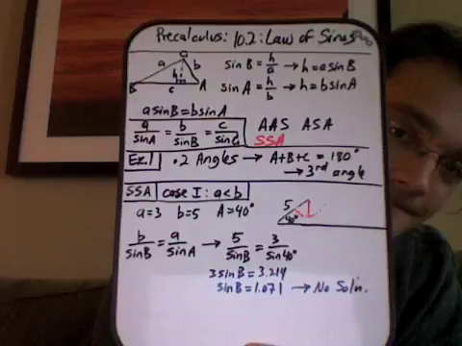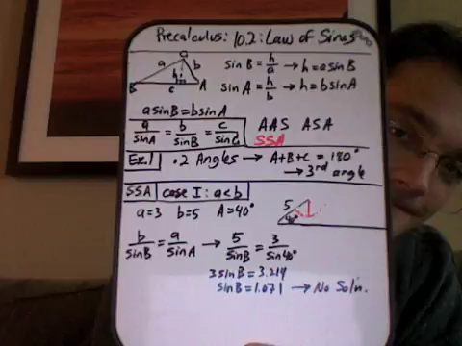Now, how is that going to look algebraically? Okay, so if we try using the law of sines, b over sine B equals a over sine A. That's 5 over sine B equals 3 over sine 40. Be careful that you're in degree mode here. Cross multiplying and dividing by 3, we find that the sine of B is supposed to be 1.071, and that